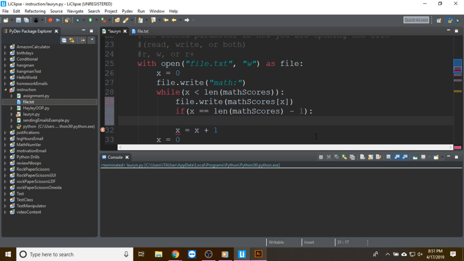Because the length will return 3, but x is only going to go up to 2 because x goes by the indexes, if that makes sense. It only goes until it's less than length. Once it reaches the same as length, it'll stop the loop. But if x is the same as the length, basically saying that we're on the very last item, then we're going to